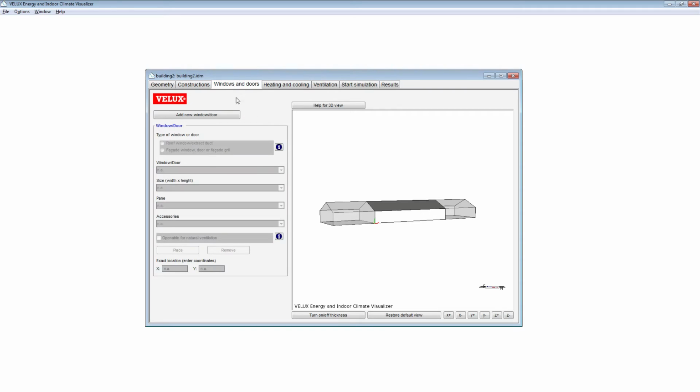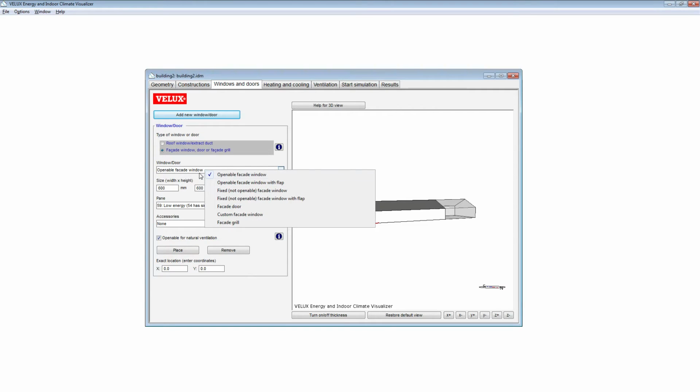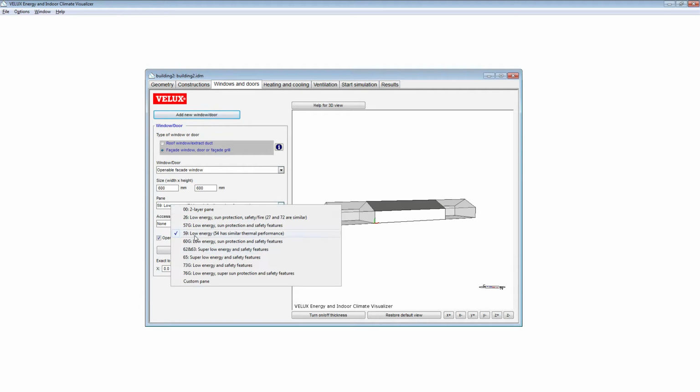We have to put that in this tab, and you do that by adding a new door or window. We could do that, for example, for a facade. We could say that it's an openable window, and it could be openable for natural ventilation, for example. You have these options. It could be this size, and it could be this low energy type, which is the Velux windows, and we can customize it as well.